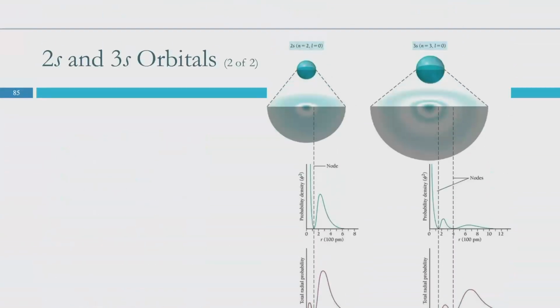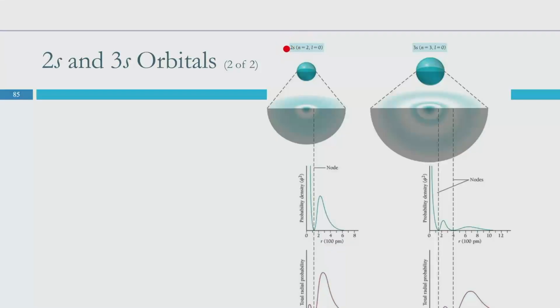This is like we saw here. So for our 2s, n equals 2. 2 minus 1 gives us 1, so we've got 1 node. For n equals 3, 3 minus 1, we have